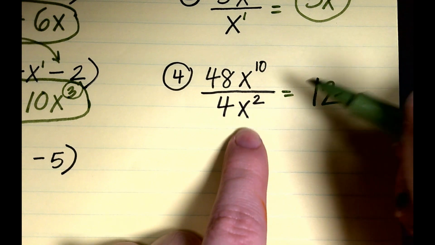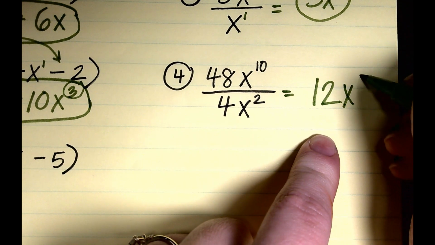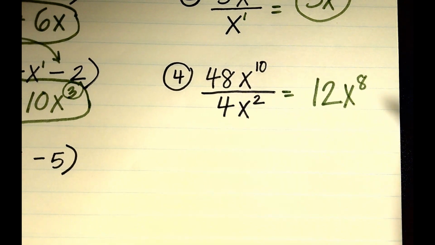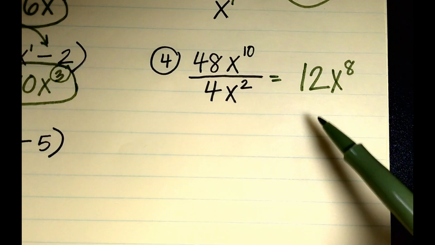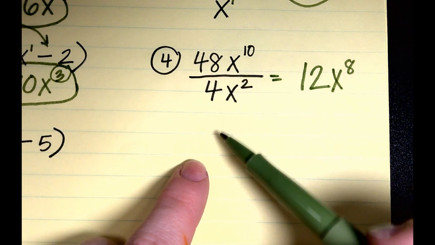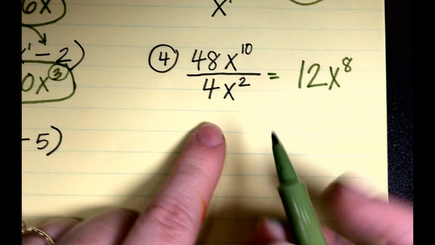X to the 8th power. How did you get x to the 8th power? 10 minus 2 is 8. Good. So another way we can do this, if we ever forget to subtract, is I know